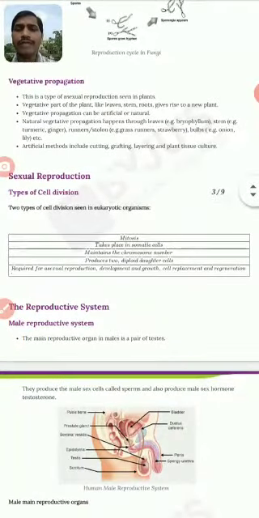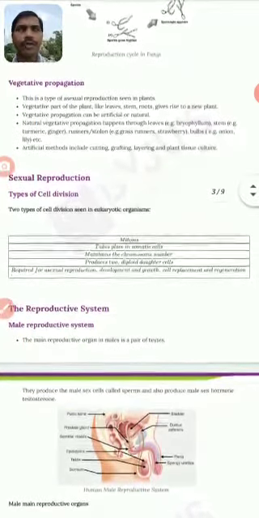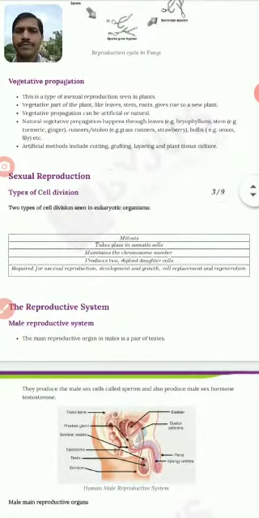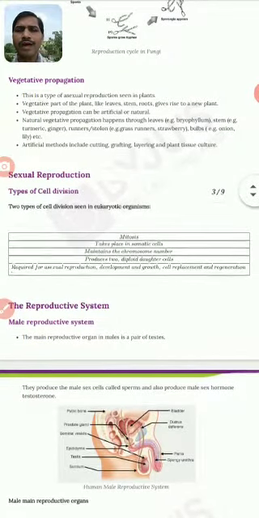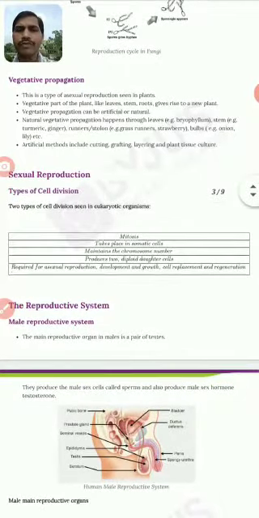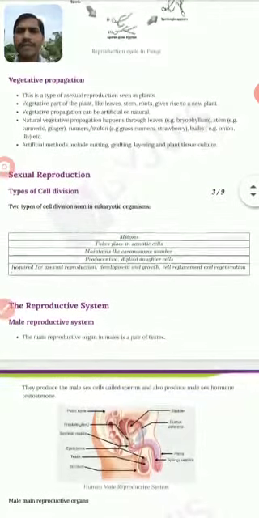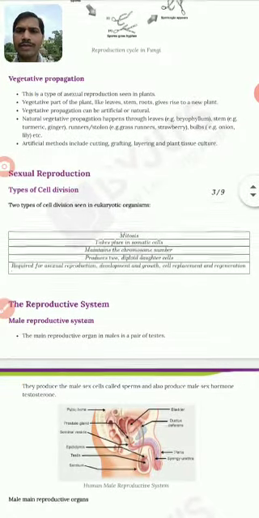In the case of grafting, say for example pomato, which means potato and tomato. As we know, the upper part of the potato is of no use and the lower part of the tomato is of no use. So in grafting what happens? The root part of the potato is taken and the shoot part of the tomato is taken.